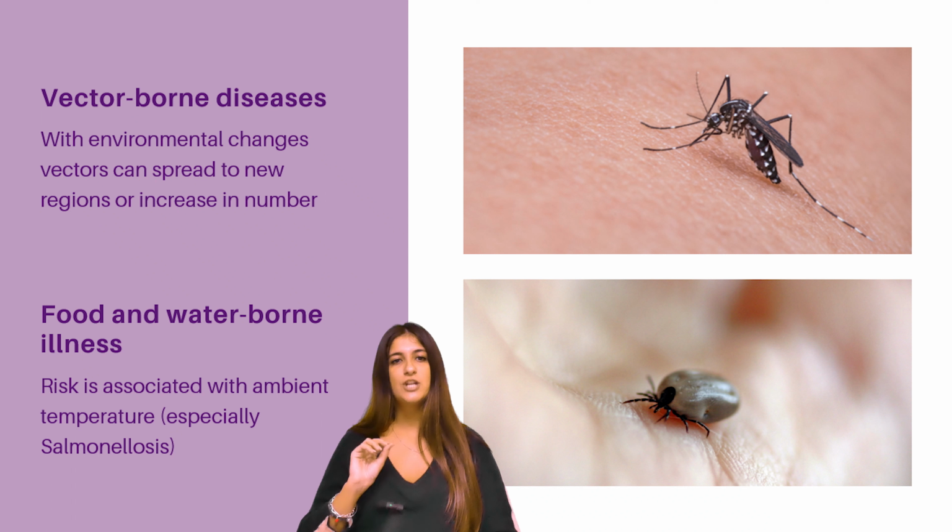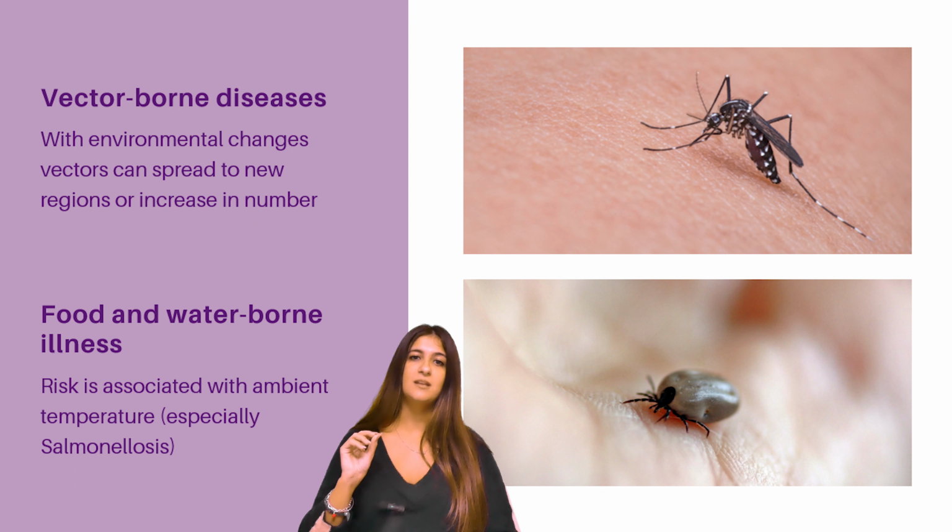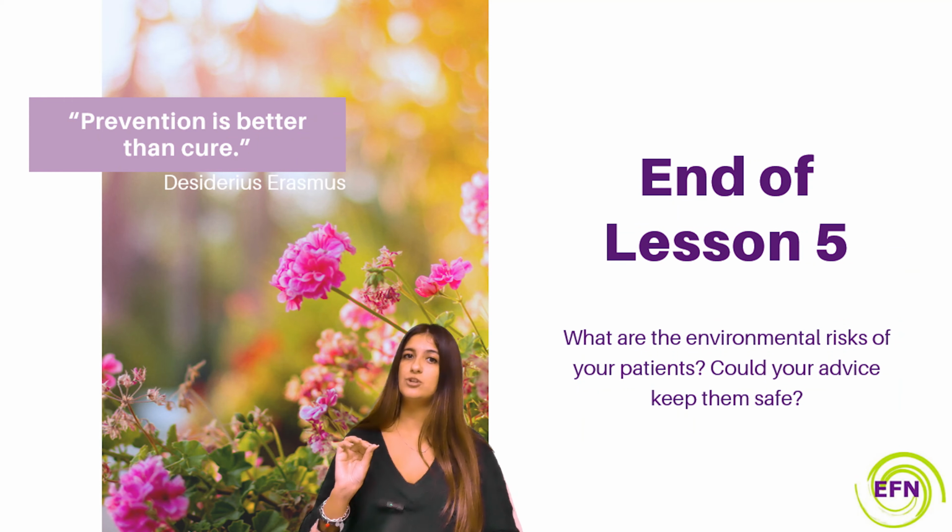Other environmental changes, like fluctuations in ambient temperature, can also influence the prevalence of food and waterborne illness, such as salmonellosis. In conclusion, this lesson prompts you to reflect on the environmental risk your patients might face and whether you